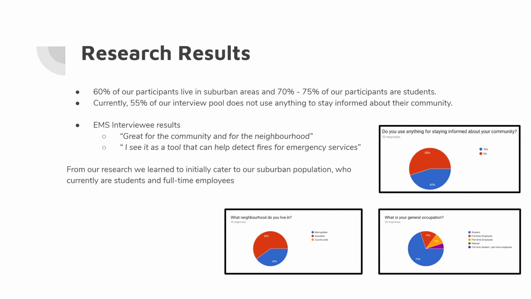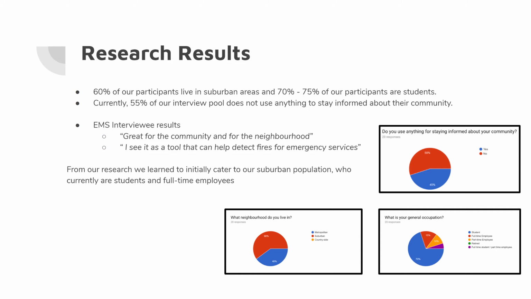For our research results from conducting questionnaires, we conclude that 66% of our participants live in suburban areas and 75% of our participants are students. In terms of the type of environment our participants live in, 60% of them live in suburban areas and the rest 40% live in metropolitan areas. From conducting interviews with EMS interviewees such as firefighters and paramedics, we received positive feedback on what our app can potentially help with. Lastly, conducting our research, we learned to initially cater to our suburban population who currently are students